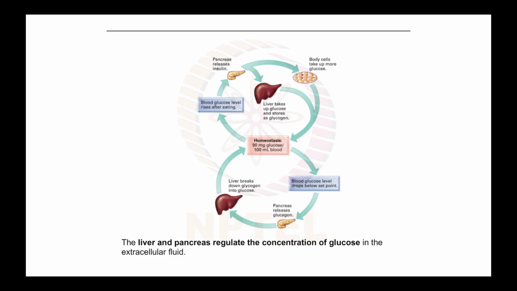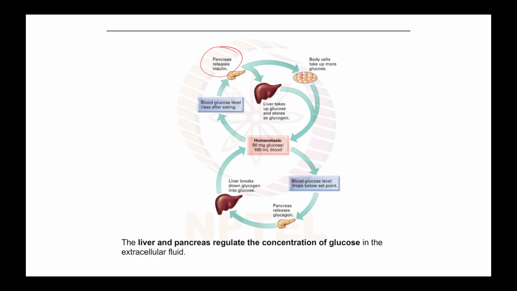Okay, so let's understand homeostasis with the example of the blood glucose level. The normal blood glucose level in the bloodstream, as I have mentioned, is 90 mg glucose per 100 ml of the blood. If the blood glucose level rises after eating, when you take the meal, you take in glucose, and upon glucose intake the glucose level increases in the blood. From 90, it increases to 100, 110. That is sensed by the body, and the organ which comes into the picture is the pancreas.